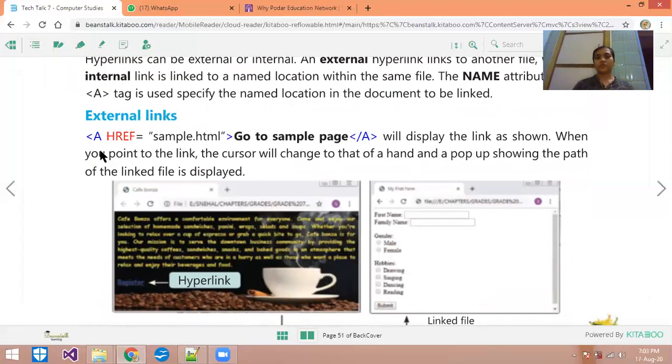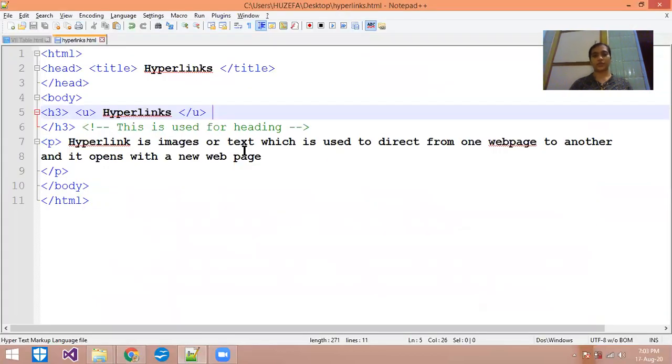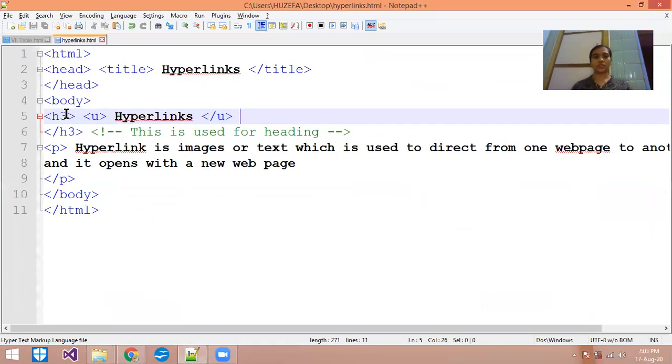Okay, external link. First we are learning the external link. This is a simple demo I am giving you. I will show you the examples here first. I already made a document. You can see that I'm using a simple paragraph tag and have written some sentences about hyperlinks.